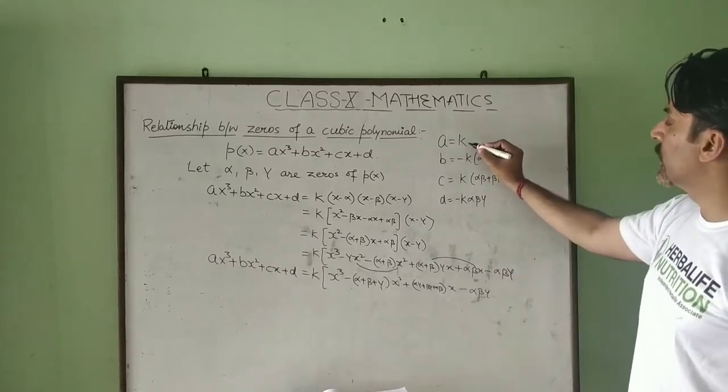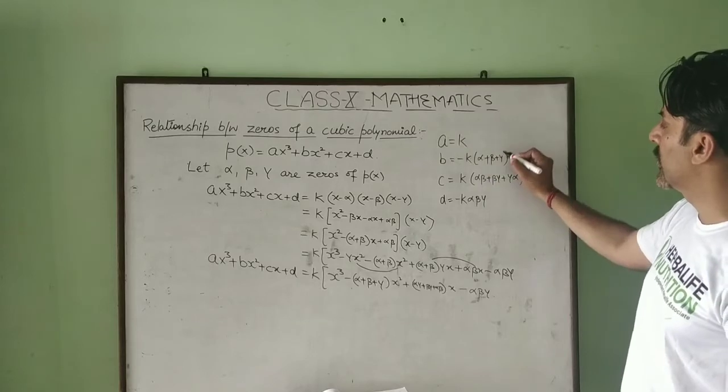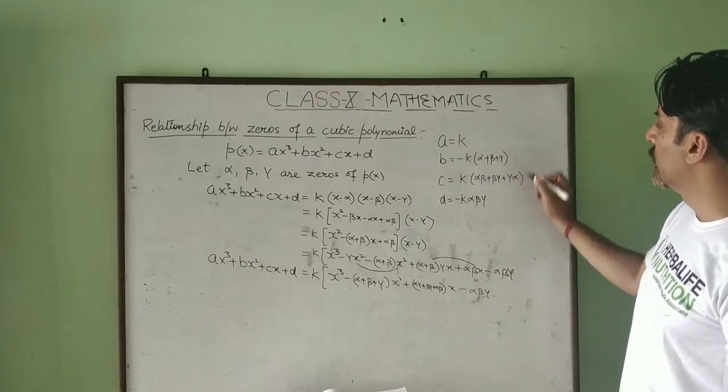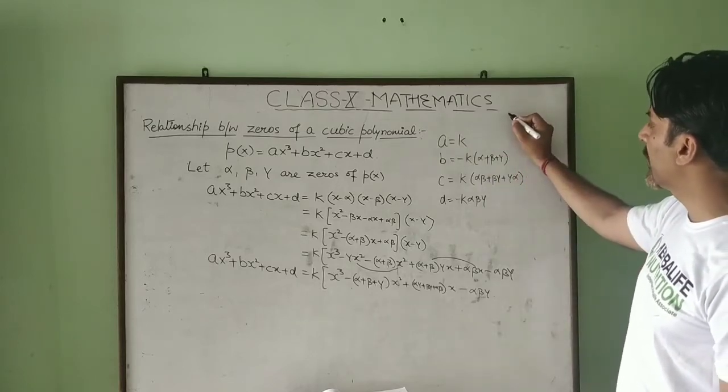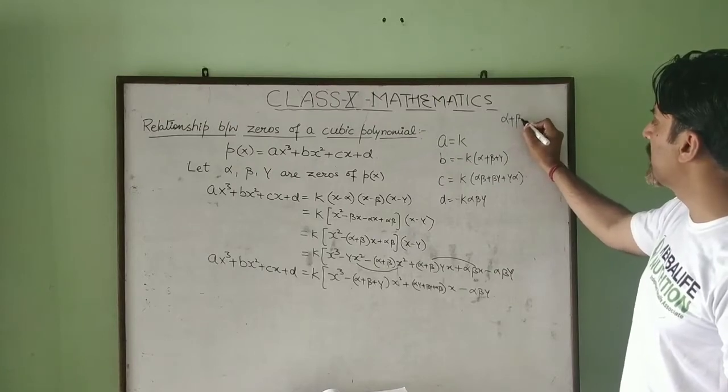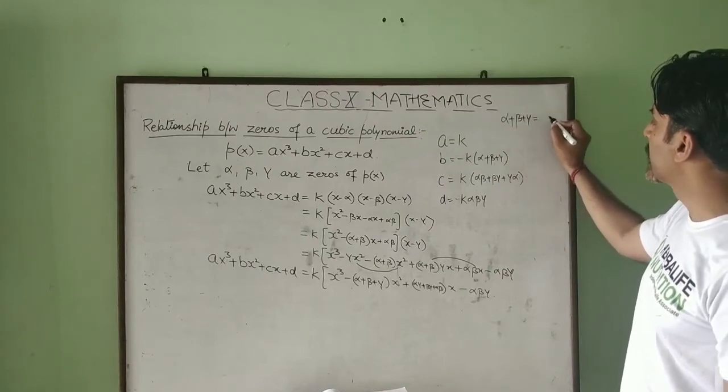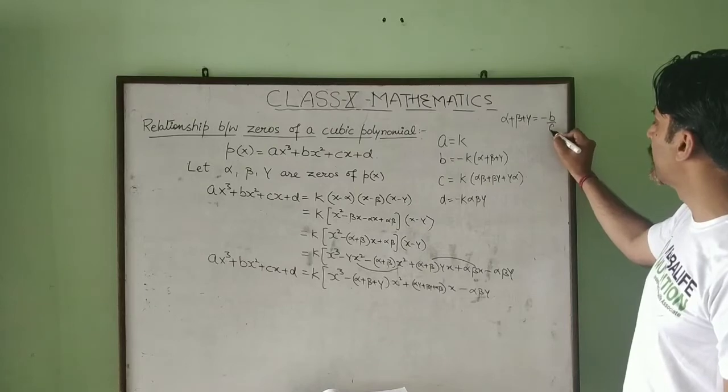Now if you substitute the value of k from the first part, you can find alpha plus beta plus gamma. This will come out to be minus b upon a,